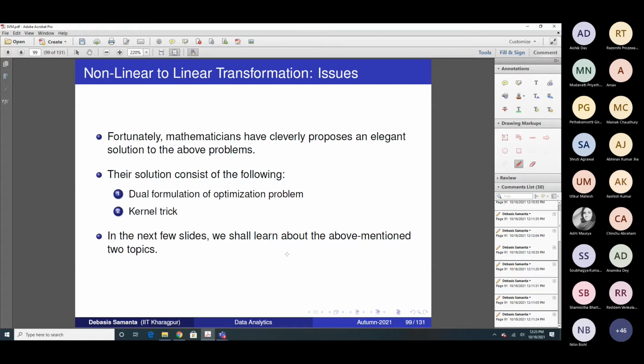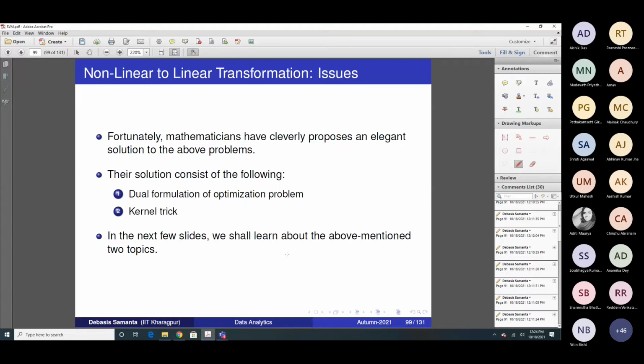So here, by enhancing this mathematical ability a little bit to solve the same problem, if we follow this, then we will be able to win the nonlinearity problem so far as data classification is concerned. To do these things, there are two things to be learned. This is again mathematical manipulation only. So two mathematical manipulations: one is called the dual formulation and another is called the kernel trick.